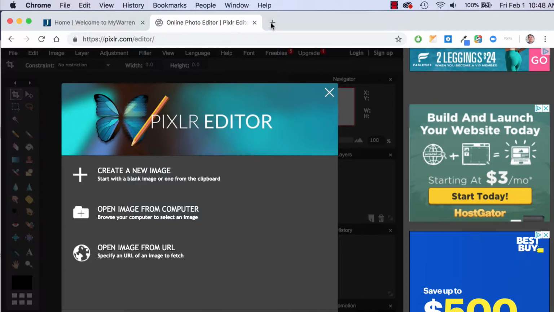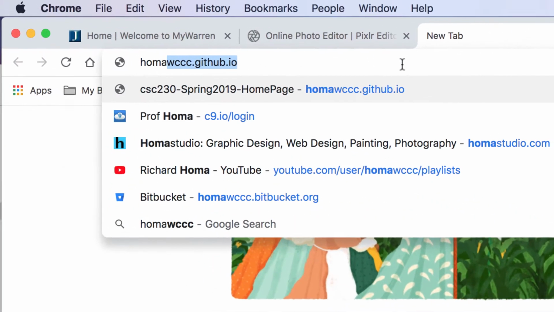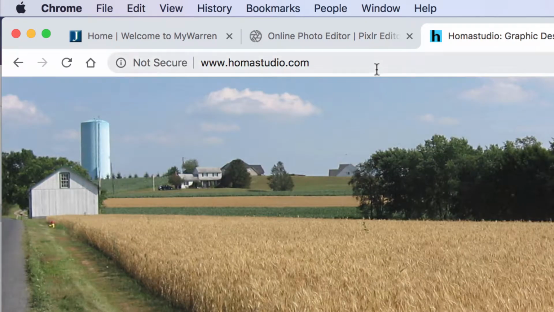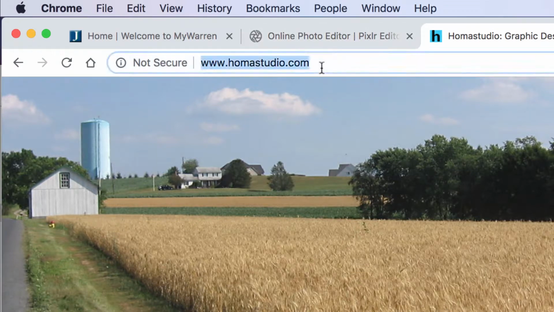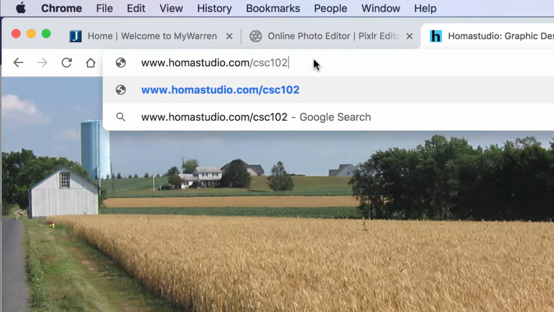So to do that, I'm going to open another tab, and I'm just putting images in a website, and it's homastudio.com, and that's just a place where I was able to upload images. You actually go in a folder, so after .com, you're going to put a /, and whatever class you're in, let's say you're in CSC 102, and I didn't put sections, so it's just CSC 102, and it has to be just like this, no capital letters, and that just means it's a folder for CSC 102. Then you're going to put another /, and you're just going to put your last name, first initial, .jpeg. So for example, if I'm Steve Smith, I'm going to put Smith